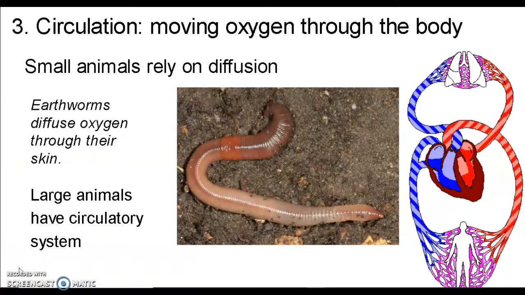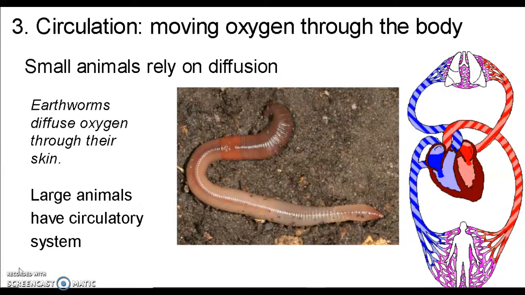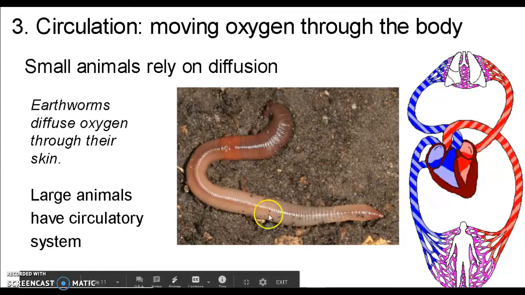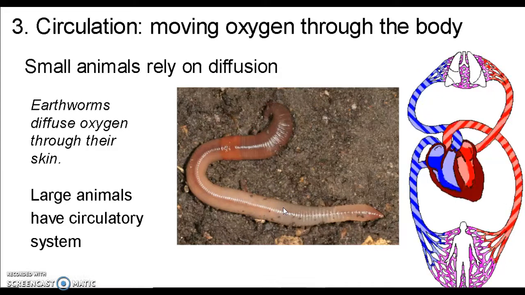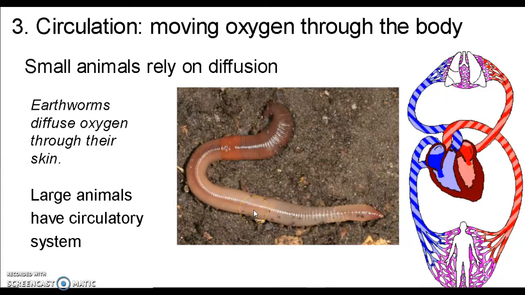Once that oxygen gets in the blood, animals have to have a way of moving that oxygen throughout the body. And the way they do this is by circulation. Animals have circulatory systems. Small animals, like this earthworm, that's another example of an animal that can breathe through their skin. Once they breathe, oxygen molecules will diffuse into the bloodstream, and the earthworm has a heart that will pump some blood throughout its body to deliver that oxygen to all the cells.